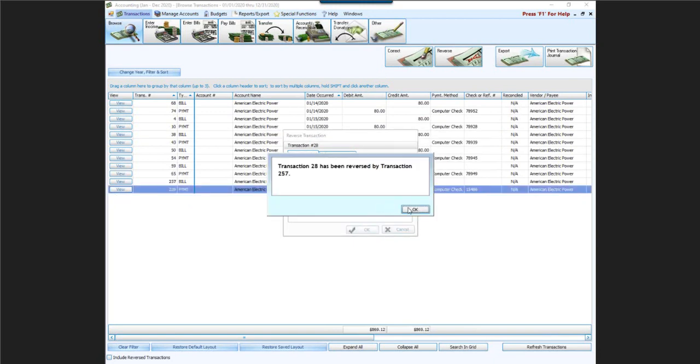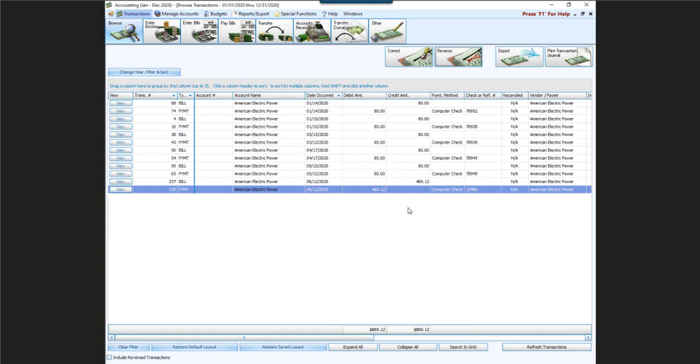Now when I've reversed that, I go into my check register. That transaction, now that check number, has a void status on it automatically. Anytime the check number was associated with the payment transaction, folks, reversing that payment will put a void status on your check register automatically. But again, you don't want to go in and reverse payments and bills, especially if they're in reconciled or closed